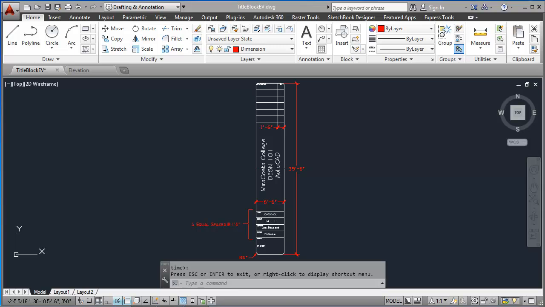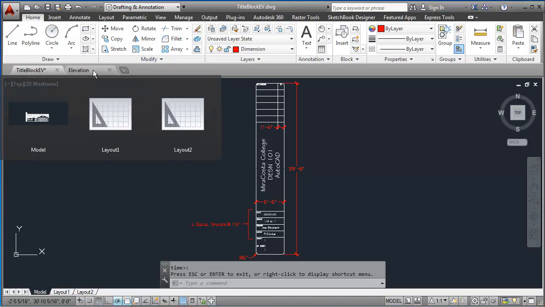In this exercise, we will create a title block for use in our elevation drawings. The offset, break, trim, and copy commands are helpful for creating the title block lines, and the DTEXT and MTEXT commands are helpful for creating the title block text. I'm going to begin by opening up the elevation drawing,